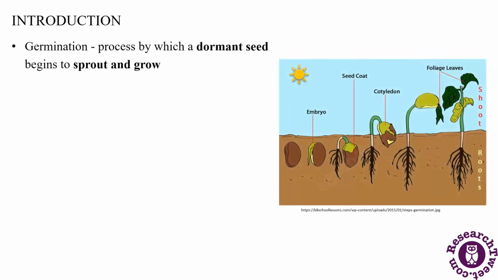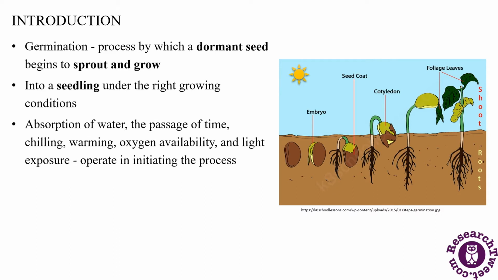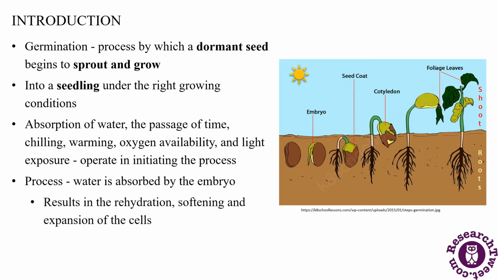Germination. Introduction. Germination in plants is the process by which a dormant seed begins to sprout and grow into a seedling under the right growing conditions. Absorption of water, the passage of time, chilling, warming, oxygen availability, and light exposure may all operate in initiating the process. In the process of seed germination, water is absorbed by the embryo, which results in the rehydration, softening, and